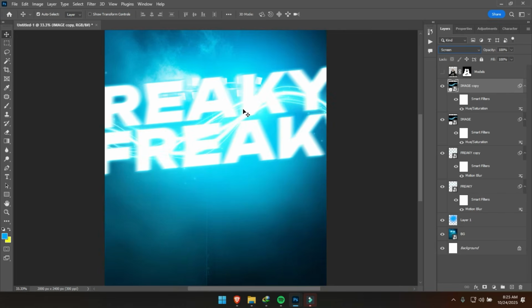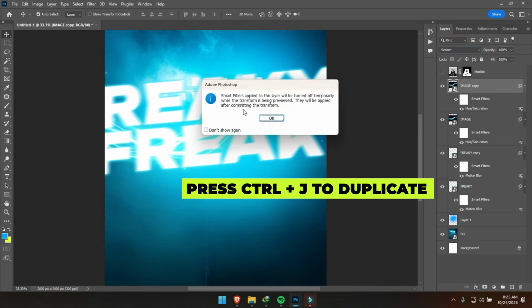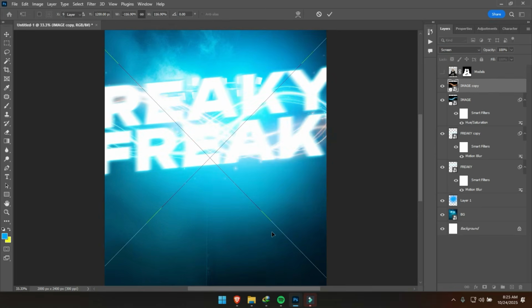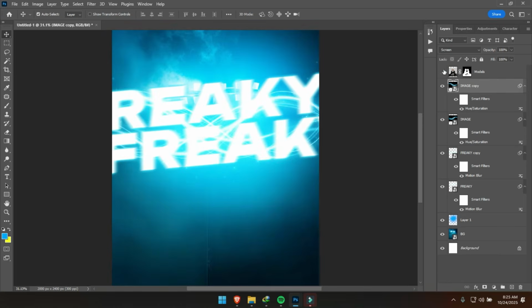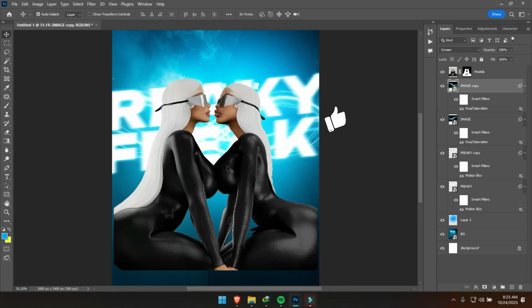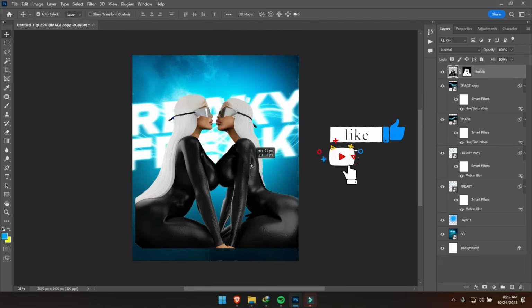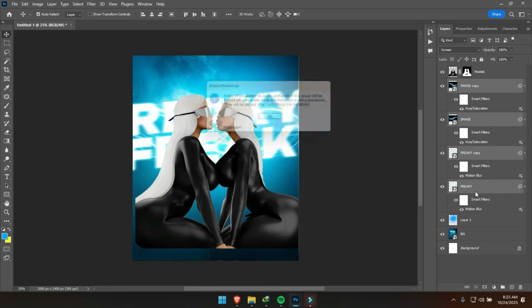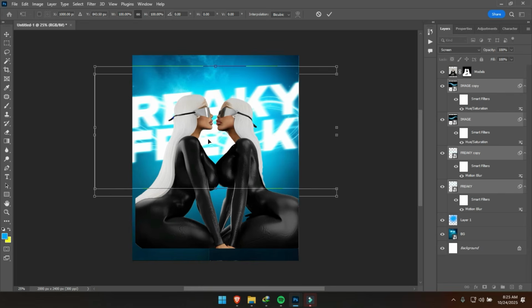Now press Ctrl J to duplicate the layer, and press Ctrl T to flip this horizontally. And this is what we have here. So now you can hide the model image, and this is coming to life. The next thing we need to do is take this up a little, because I don't like how